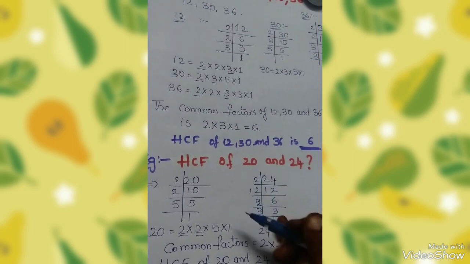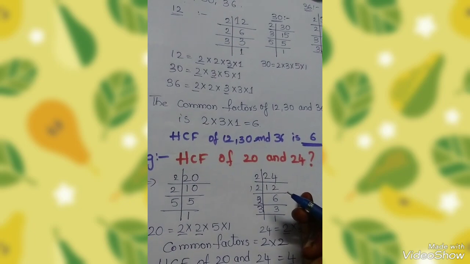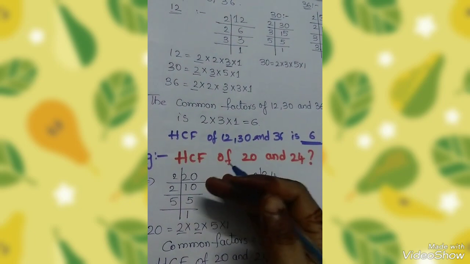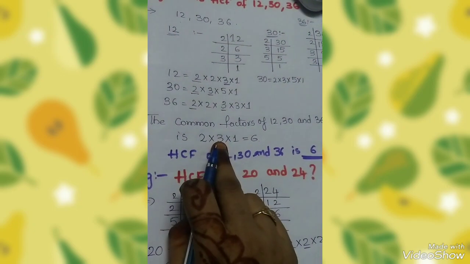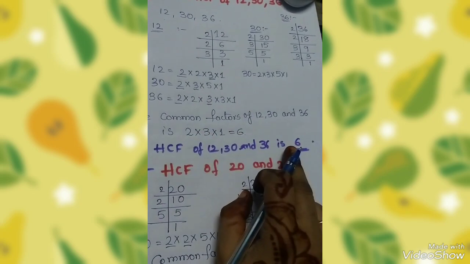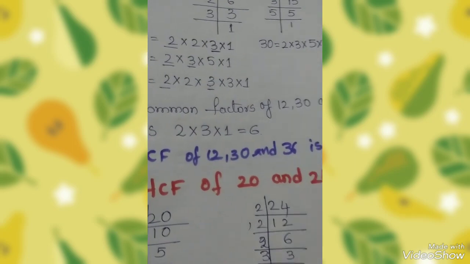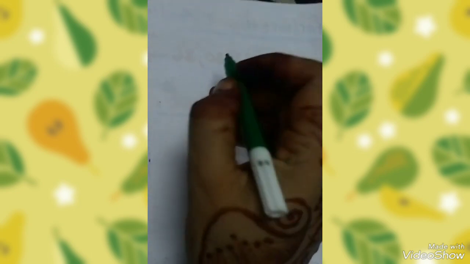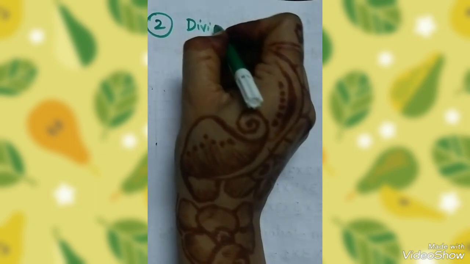This way we have to find the HCF, highest common factor, or greatest common divisor, GCD. Okay, the GCD or HCF, we use the prime factorization method in this way. We have to find the common factors and the product of those is the HCF or GCD. Okay, next method is the division method, children. Another method, the second method, that is what, children? Division method.